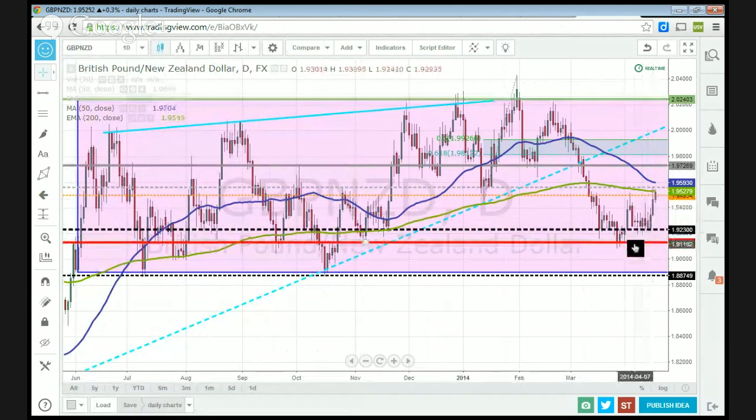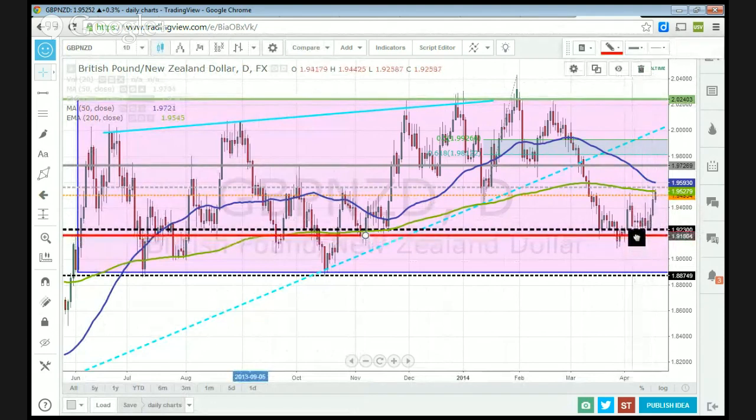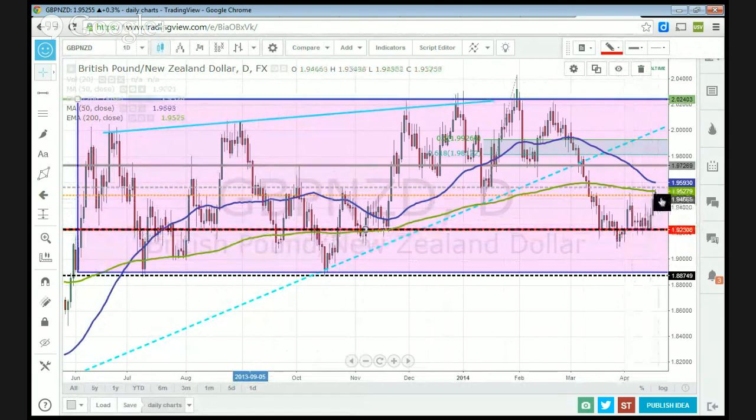Now I actually broke my rules a little bit here because what I would like to see is price close at or above this dashed orange line, which is a support level of sorts. The target profit, incidentally, is all the way up here. But yesterday we did peek through it. Today we are above it. However, we're also running into the 50 simple moving average, the 200 exponential moving average, and this resistance level here,